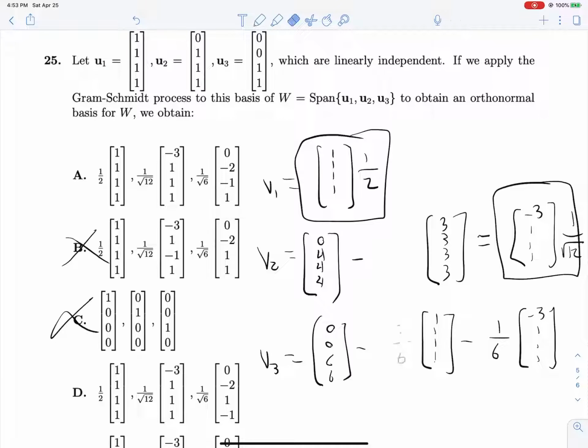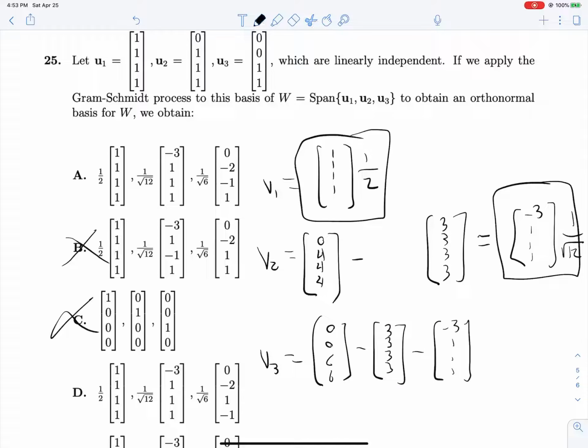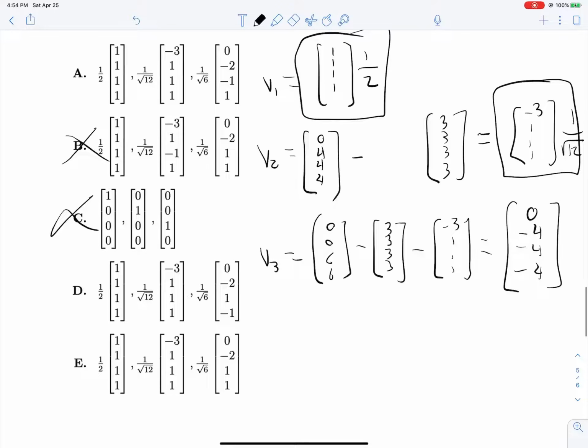We get 6, 6, 3, 3, 3, 3, and nothing changes right there. Finding our final answer, what do we get? -3 plus 3, so 0 should be our first entry. -3 minus 1 is -4. -4, -4. So we can simplify this down to